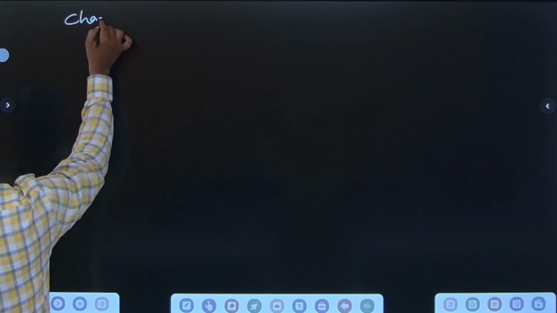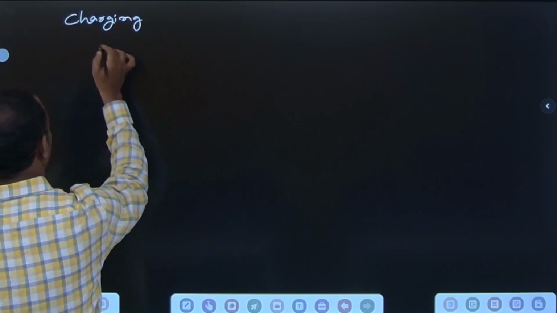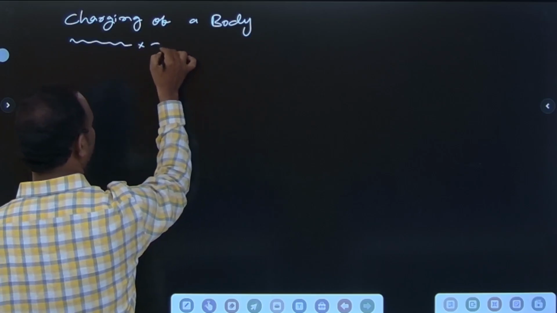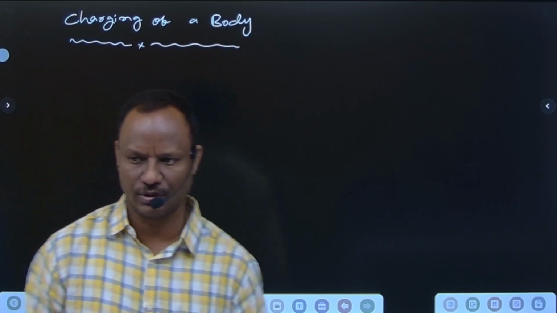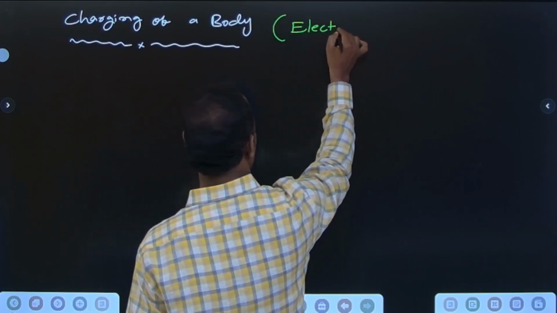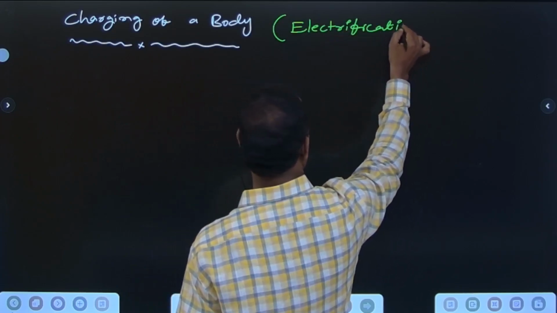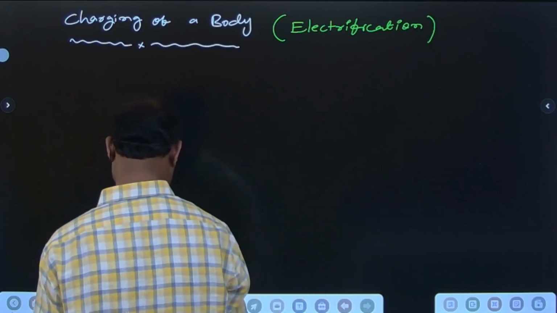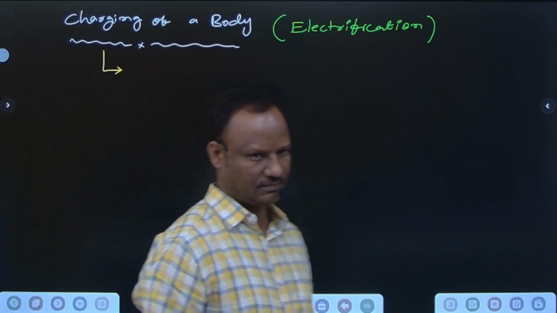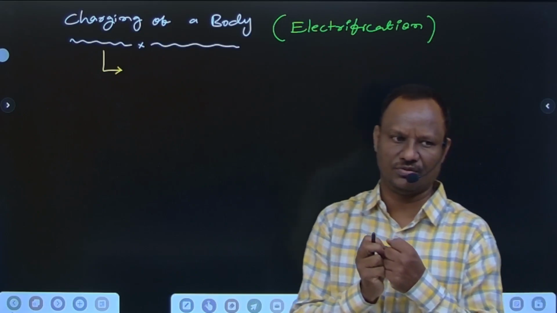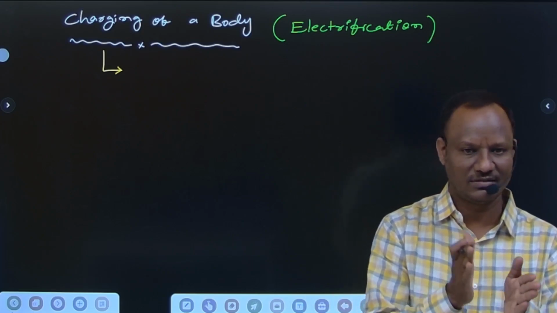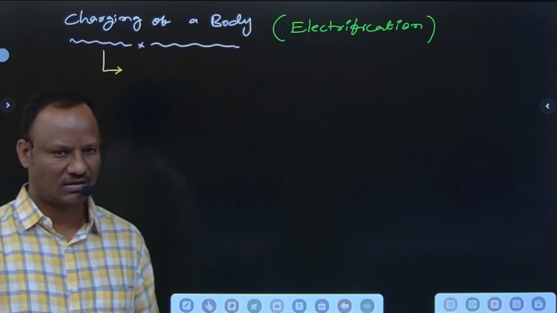Charging of a body, a very important thing. Charging can also be called electrification. What is charging? When two bodies are in contact, or nearby with each other, one is a neutral body and another is a charged body. When two bodies are rubbed together, like a glass rod and silk cloth, one body can lose electrons and another body can